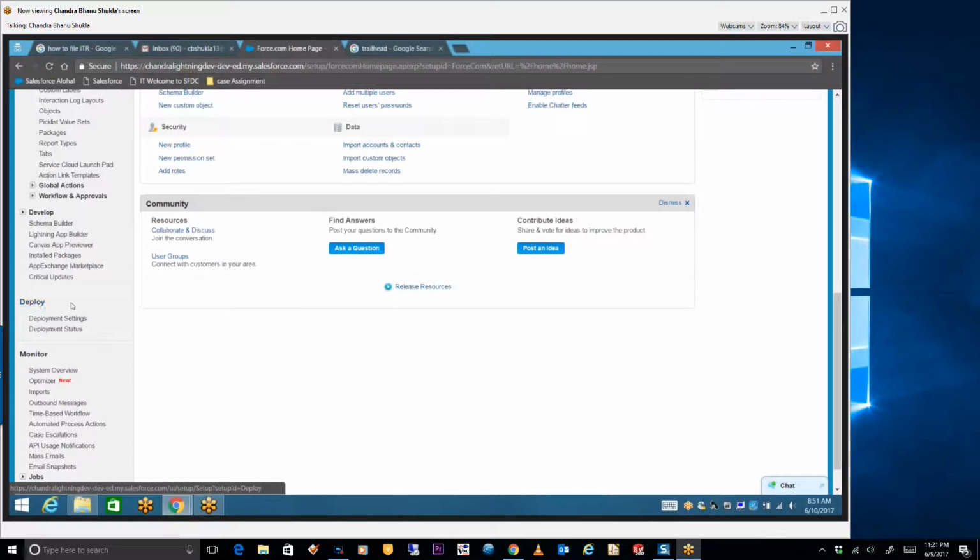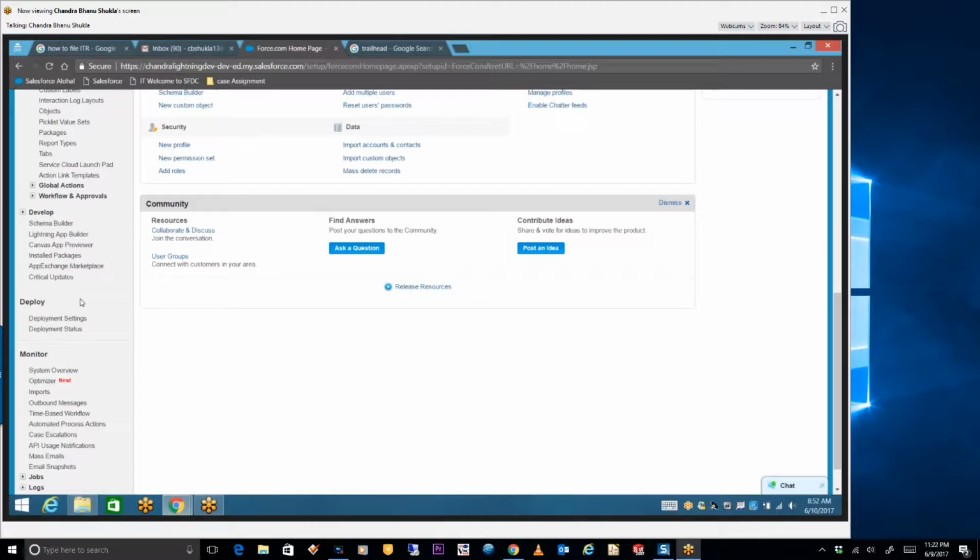So here we also use this deployment in the configuration part. Although it is different from customization, we include it sometimes in customization and sometimes in configuration, but deployment is a major part. If you are part of a deployment team, it means you know all the admin part and the basic development part. We have different tools which we utilize for deploying the code.